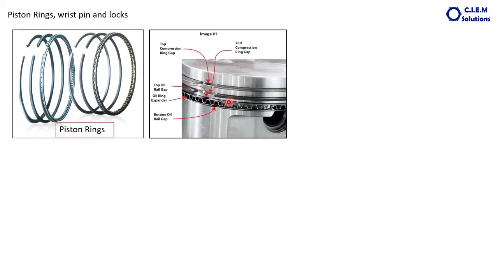Another type of oil scraper ring you can see here, this one. The steel ring will be a single piece, but with a depth in between. Instead of two pieces, it will be a single piece, with a kind of channel portion like this. But the tension of this oil scraper ring is always maintained by providing a spring behind the back side of the oil scraper ring. In the majority of engines, this is the type of oil scraper ring used.